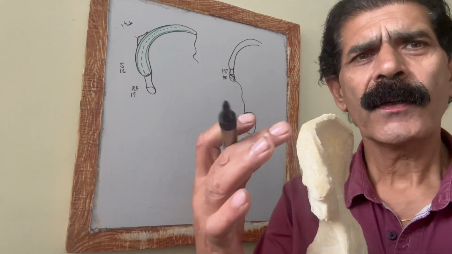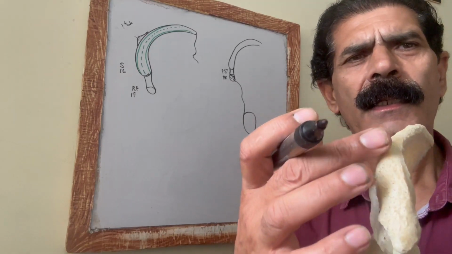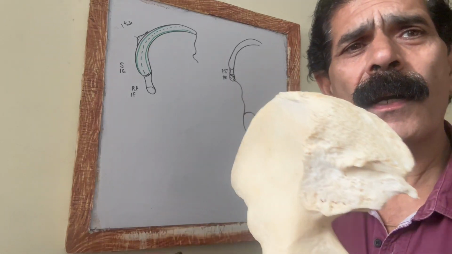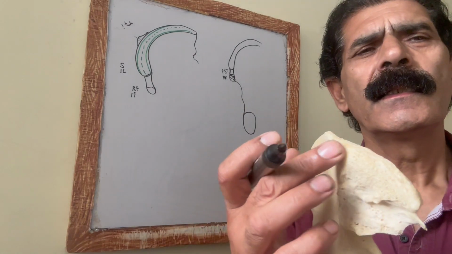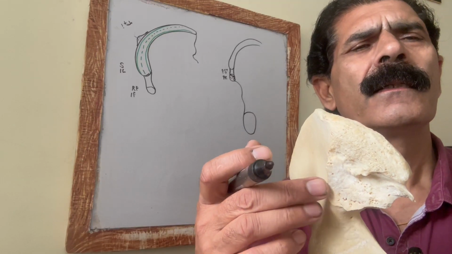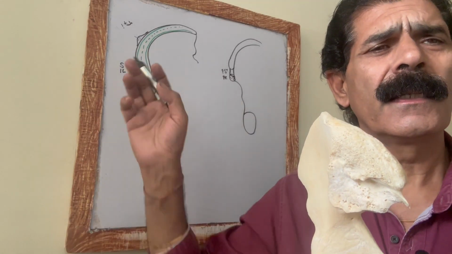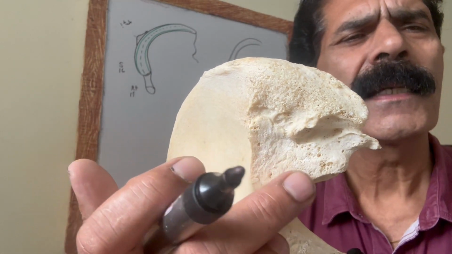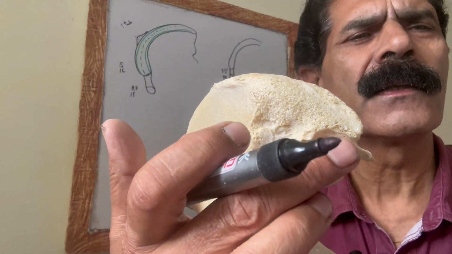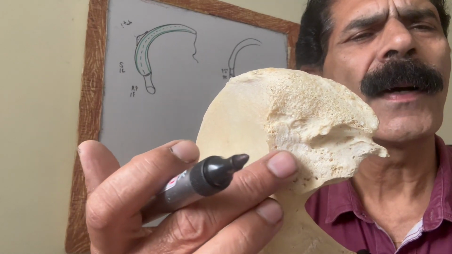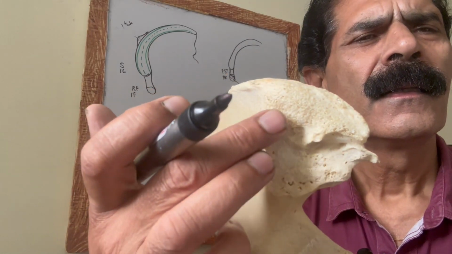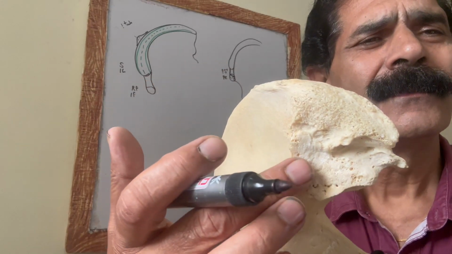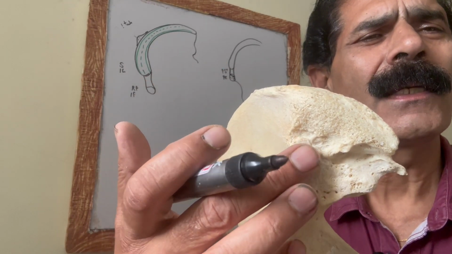Then this posterior part of the ilium, where the iliac crest ends posteriorly, is large, and this large posterior part of the ilium is called the iliac tuberosity. If you see closely, it has got an ear-like structure. So this is called the auricular part because it resembles the external ear. This is the smooth part, and this is the rough part. So this whole is the iliac tuberosity. It articulates with the ala of the sacrum, and they form the sacroiliac joint.